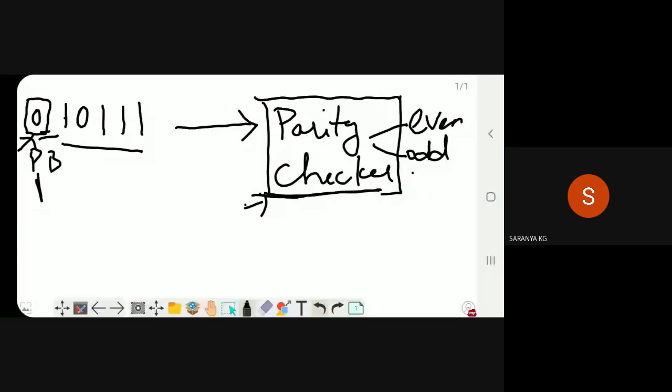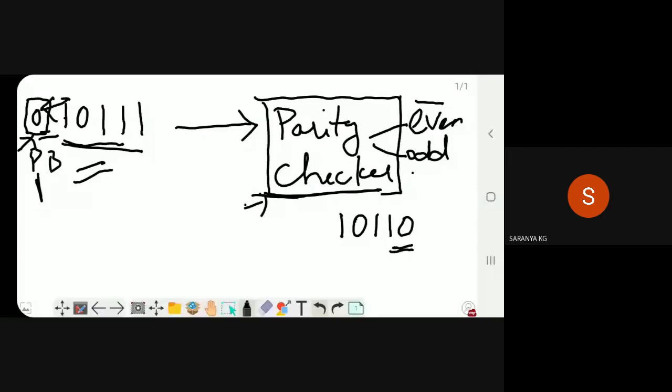So if it is an even parity, at last you will receive the data as 10110. So you are having an error here. In the transmission side you have mentioned the data along with the parity bit. It is of even parity, so you have mentioned here as 0.